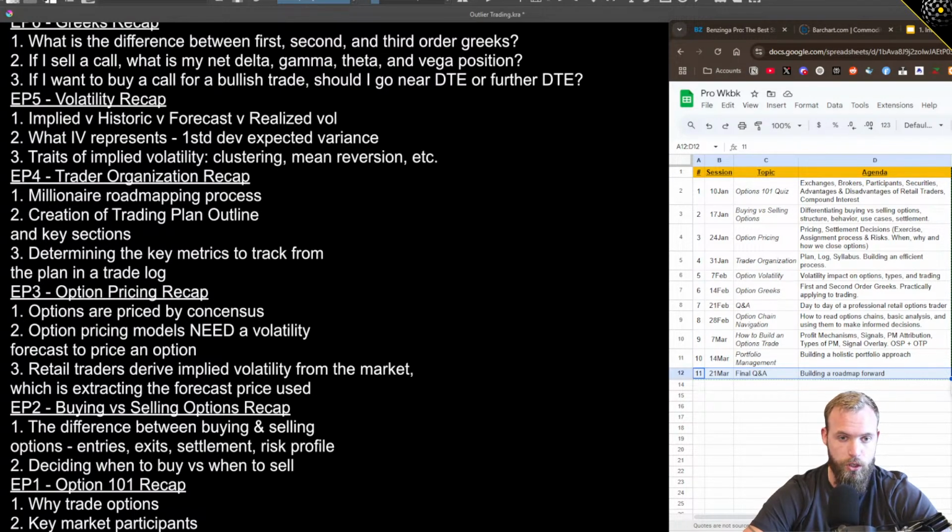The second thing we talked about was the key market participants. Who else is in this space, what they're doing, why they're doing it. The reason why this is important to you is because it is always prudent to understand where you fit in. Understanding that there are areas of trading that retail has zero potential to compete, but that doesn't mean that we cannot find ways to make money in trading. And the other thing is